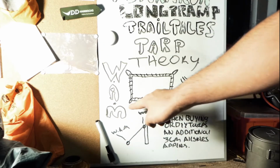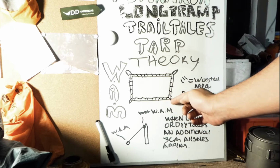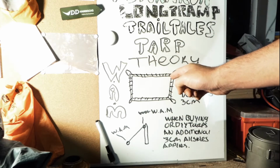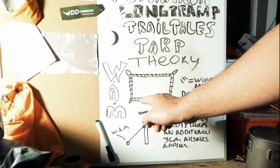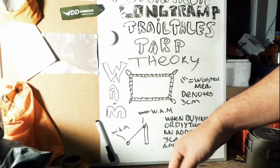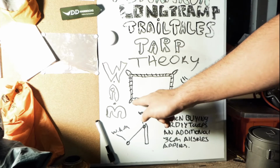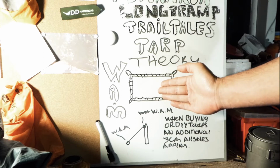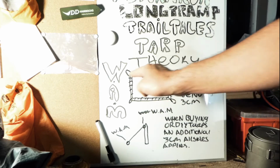So as I said, back to our plow point setup, we got a tarp pole here. This end is raised, these are all pegged down, right? Well, because that's open, we're going to give that 3 centimeters, right? 3 centimeters of wasted area. We lose 3 centimeters of effective cover. Could be more, obviously, 3 to 5 centimeters, 3 to 10, depends on the setup. Yet again, I just have to reiterate that. 3 centimeters minimum we lose in coverage because it's not actually directly covering our total effective coverage area, or TECA,